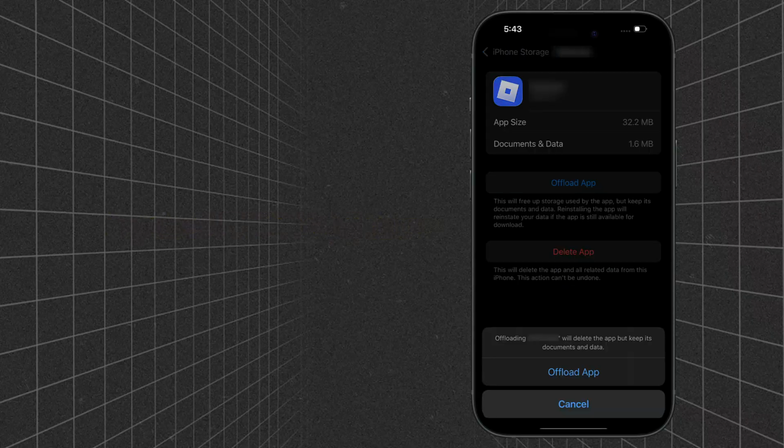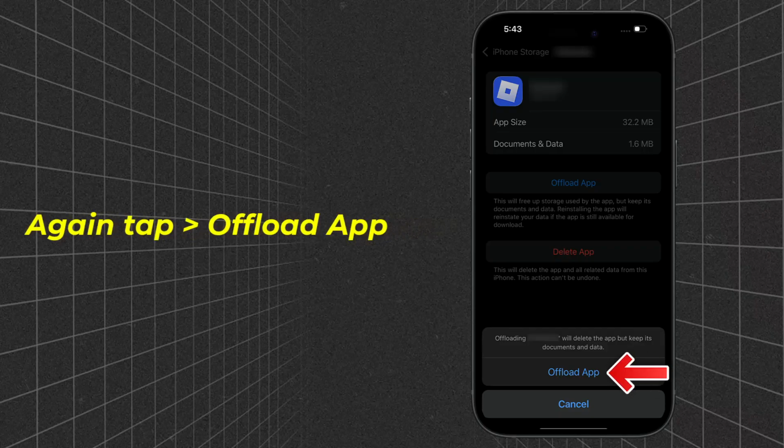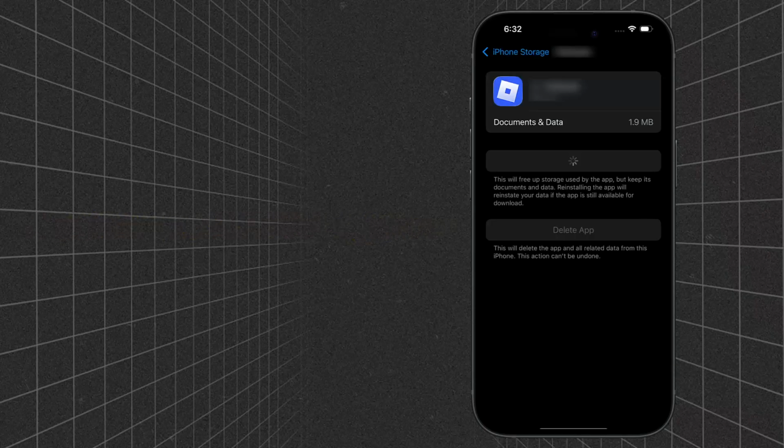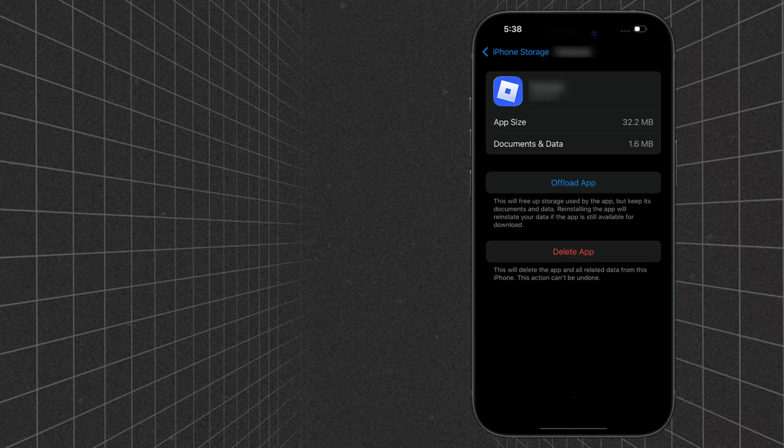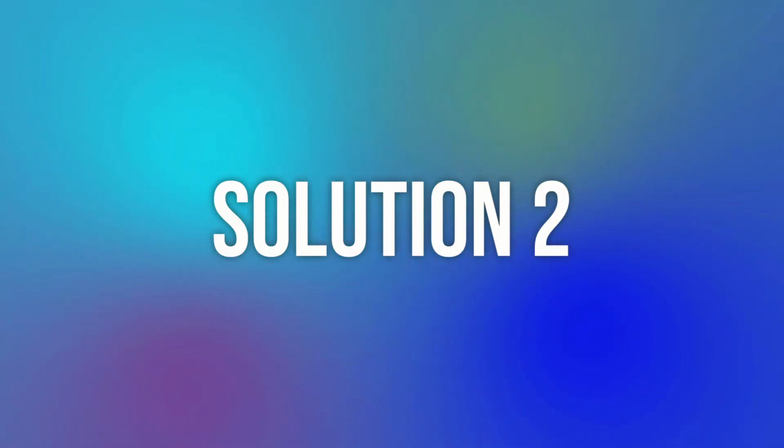A confirmation pop-up will come up. Now tap on the Offload App option here. It'll take a bit for processing, and then a reinstall button will show up. Simply tap on it to reinstall the app. This should resolve the issue, but if it doesn't, then you need to check if the app is running an